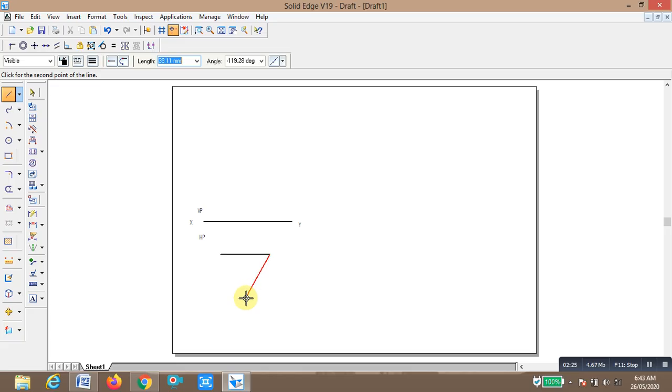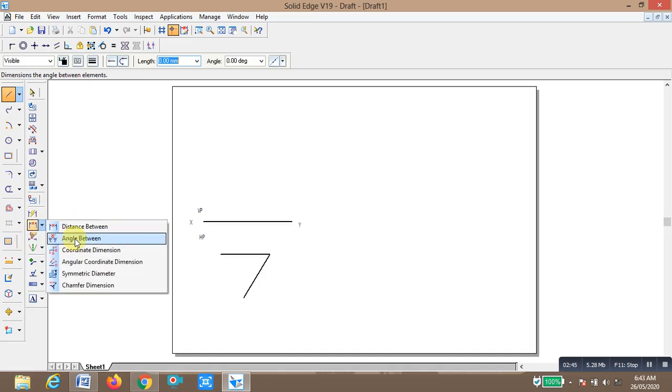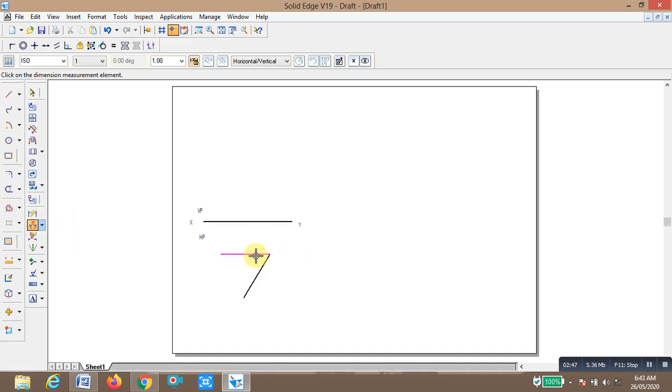So first you draw that side 40, enter. Later I am going to maintain the angle between these, the easiest method. This measures how much now? 59, you change it to 60, right?